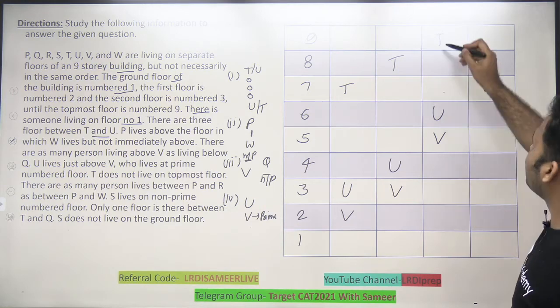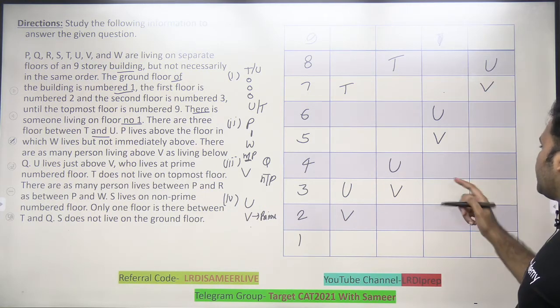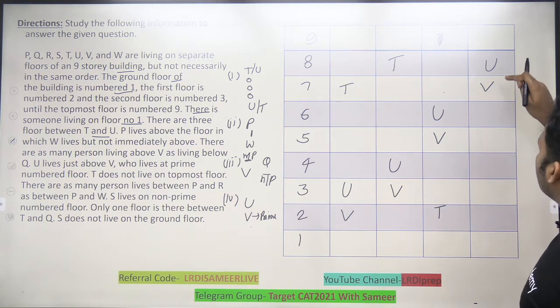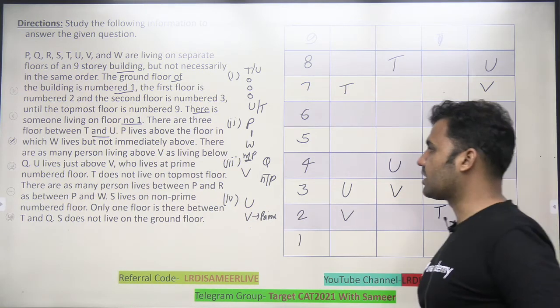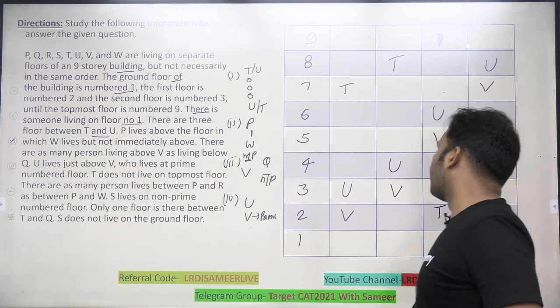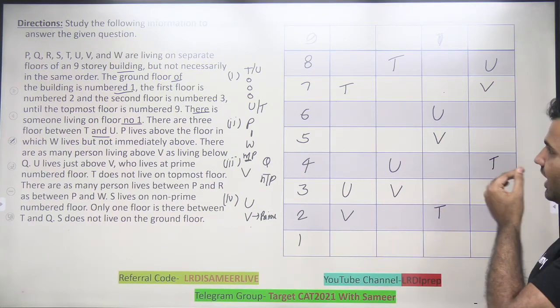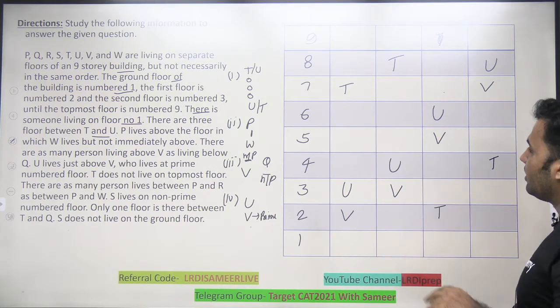So in this case, T cannot come here. 1, 2, 3, right? T will be coming over here. In this case, 1, 2, 3, T will be coming over here. T cannot be above you in this case also, right? So these are the 4 cases we have, and we now know the position of T, U,